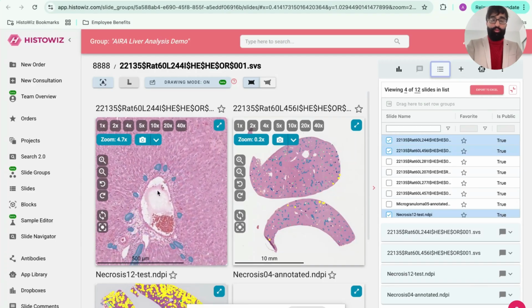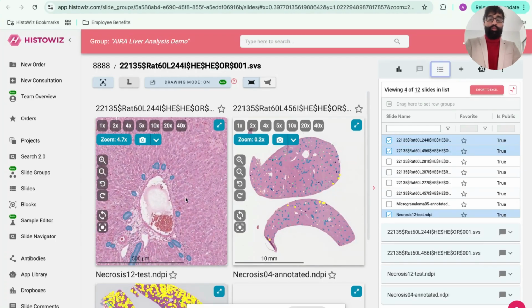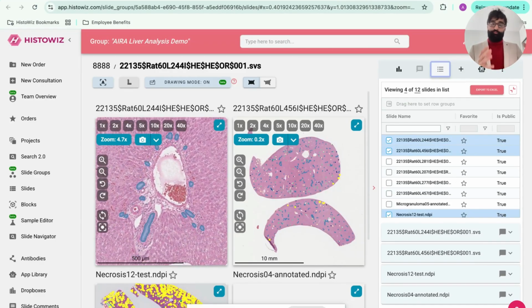Okay, good. So you can look at a specific region of interest and try to compare what's happening across these images. Again, the experience of loading these images side by side and loading the AI result is very quick. Now, of course, to run the AI app, it will take a couple minutes.